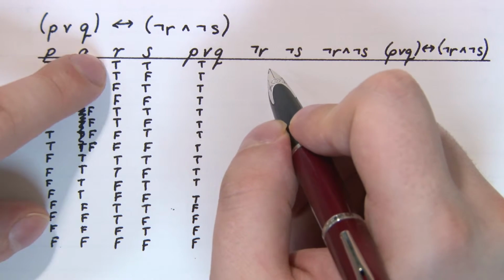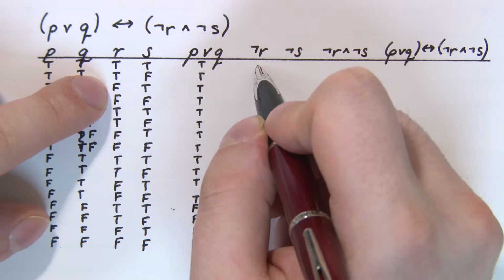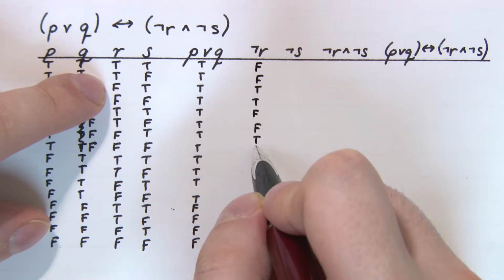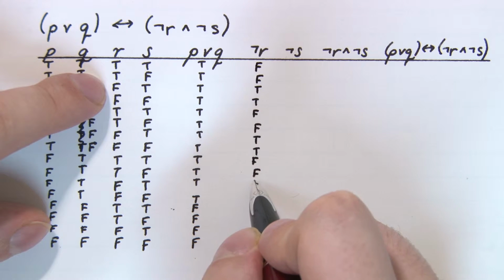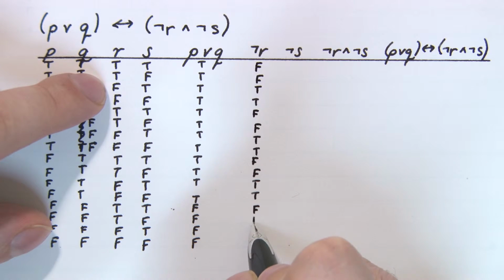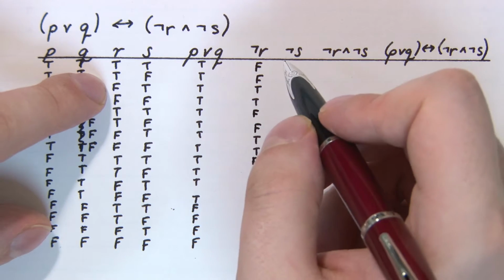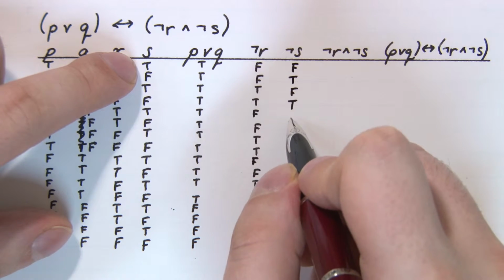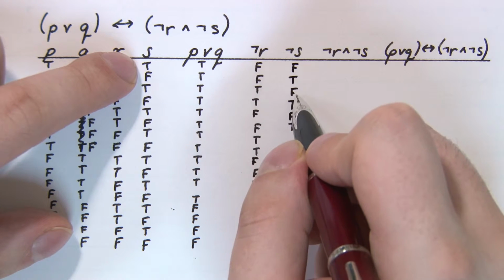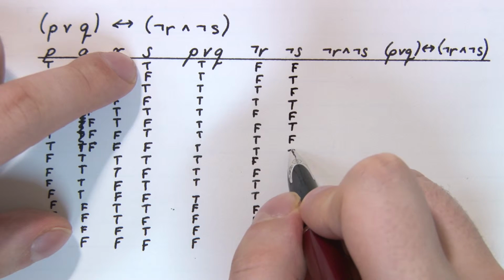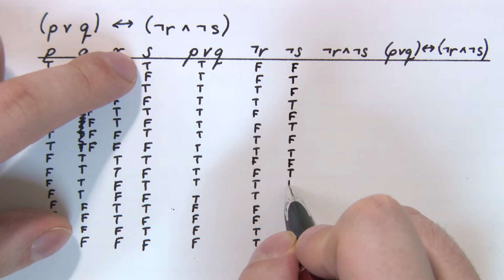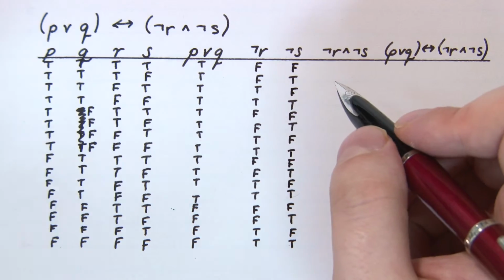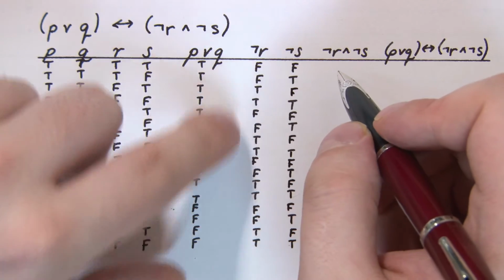So I'm going to alternate between 2 falses and 2 trues. So false, false. And same thing with S. False, true, false, true, false, true. Now I have to do and all of that, so